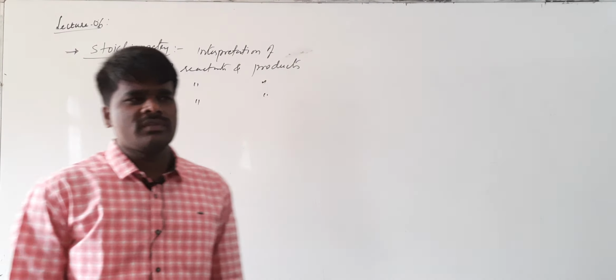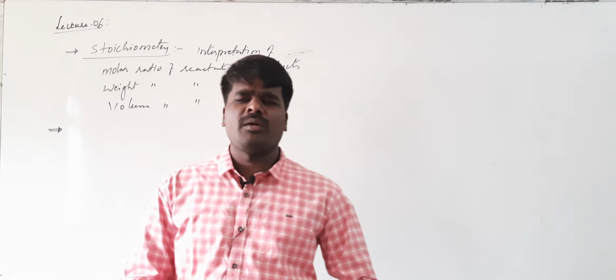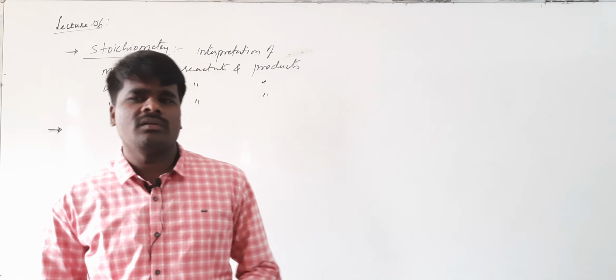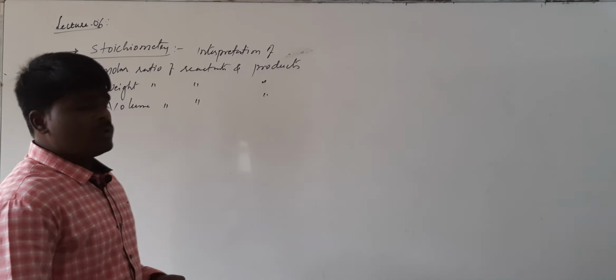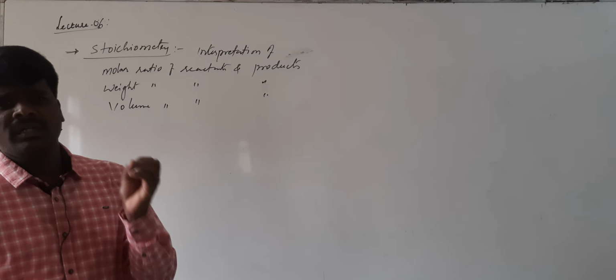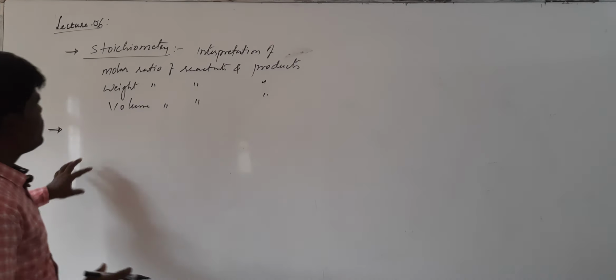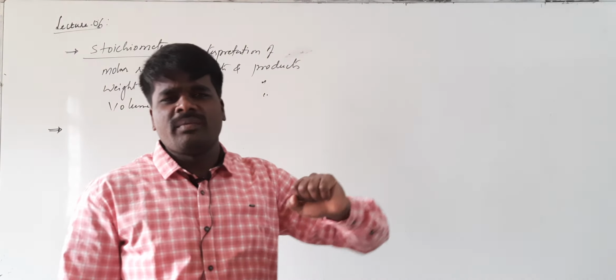Before going for the discussion of these stoichiometric calculations, first of all we need to understand what is meant by this. If you have a balanced chemical equation, you can establish various relationships, such as how many moles of reactant will give how many moles of product, or if you want to get a particular number of moles of product, how many moles of reactant should participate in the reaction. Such data can be elucidated from the stoichiometric equation. So it is a branch of chemistry which deals with balanced chemical equations.